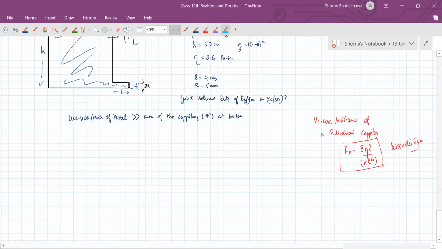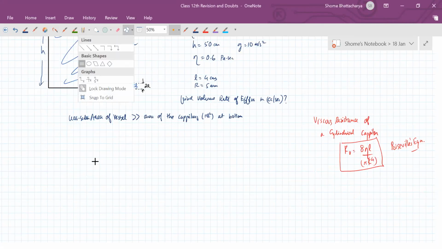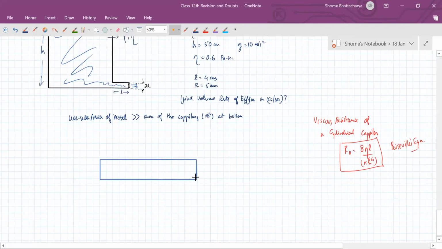Okay, so about Poisson's equation, let's just quickly go through that. It says that if you have a cylindrical capillary like this, through which liquid is flowing, then the relationship between the volume rate of flow of liquid and the pressure difference. So basically, when a viscous liquid flows in laminar motion through this kind of a section, it has a velocity profile like this, which you should know. The velocity profile is parabolic,